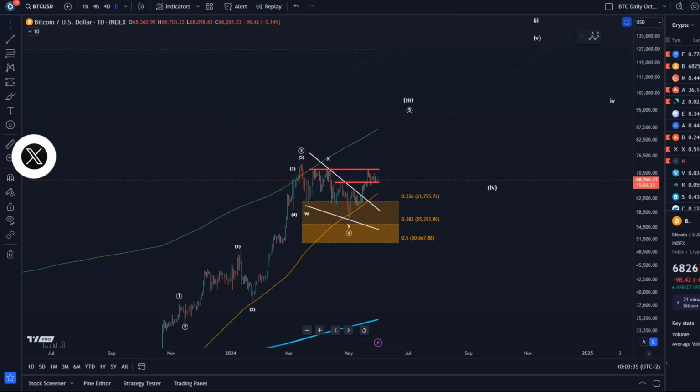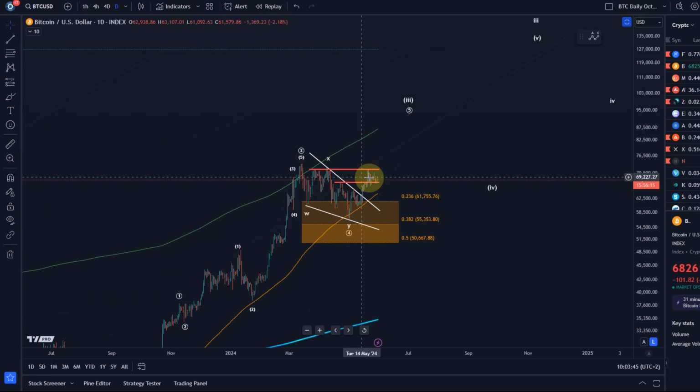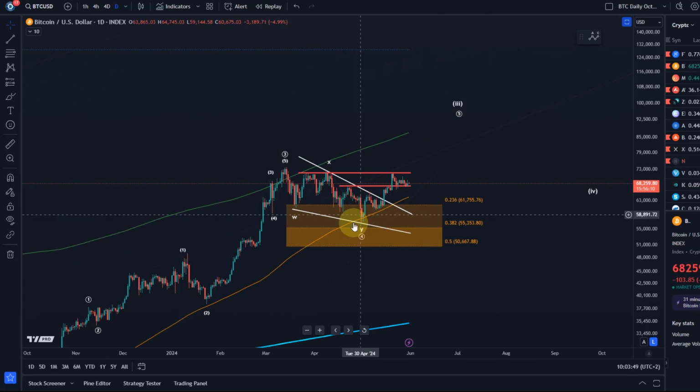Bitcoin on the daily chart is unchanged. It tried to break out yesterday, at least Bitcoin was trying, but so far has failed to break out of this range here on the daily chart to the upside. The situation is unchanged. The market is holding above our main support zone here on the daily chart. And an upside breakout would mean on the daily that we get a sustained break above 71,900 pretty much,